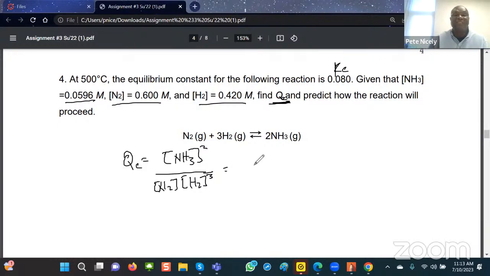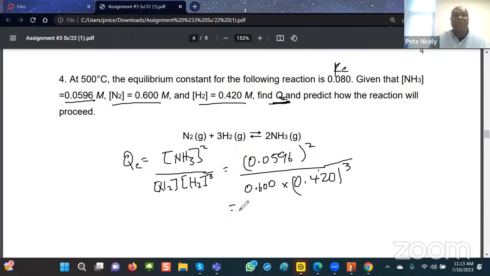First, for ammonia, which is 0.0596, and then I'll square that, divided by the concentration of nitrogen, which is 0.600, multiplied by the concentration of H2, which is 0.420, but this now would be cubed. And then I would do the number crunching, which I already did. Let me see if I can bring it up here. So when I did that, the answer I got is